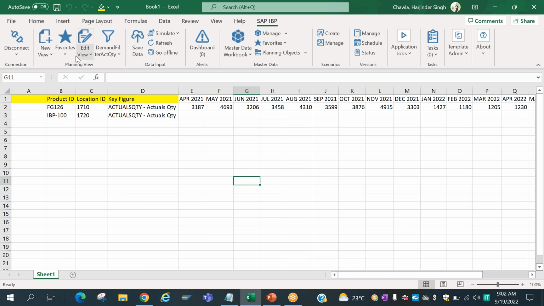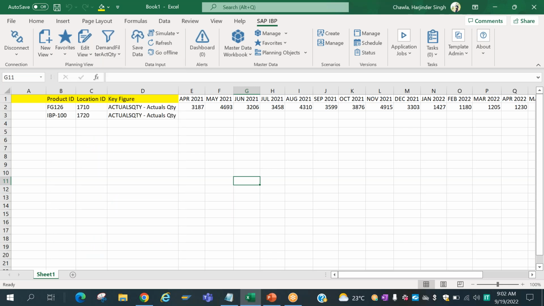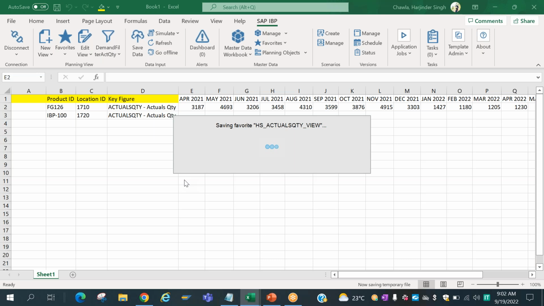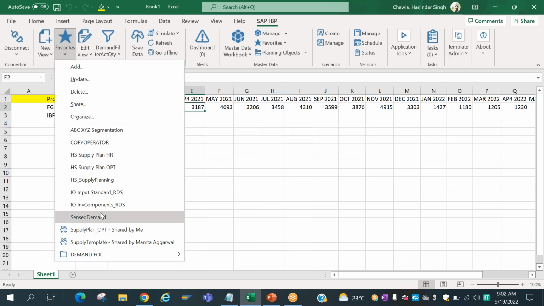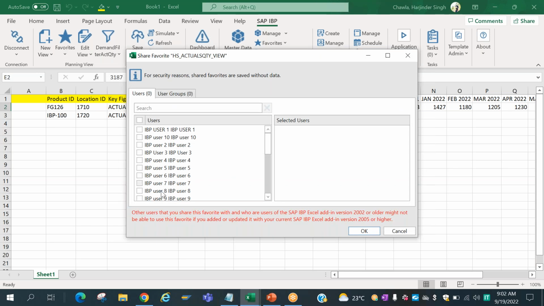right? Now this favorite that you have added, you want to share it, right? You want to first update it, if there are some changes, and then you want to share it with someone, with your colleague. So with the other users also you can share it.